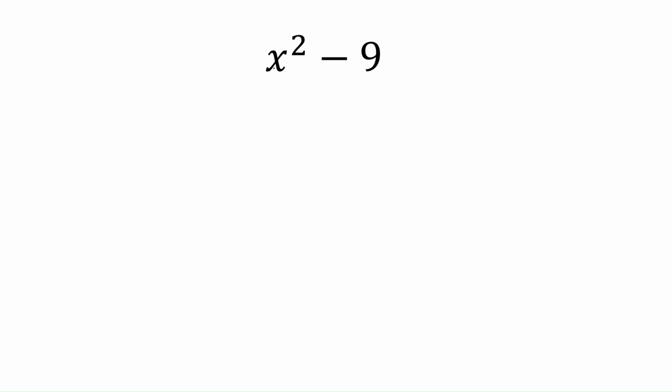Now, here's our first example. We have x squared minus 9. So let's see if it follows all three of the rules. Number 1, I can see that it is separated by a minus sign. Number 2, they are both perfect squares. X squared is a perfect square, and negative 9 or just 9 is a perfect square as well. The third rule is an even numbered exponent, which we do in fact have, so that we are able to